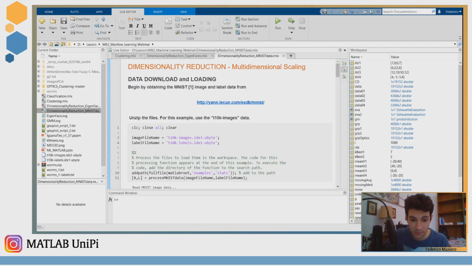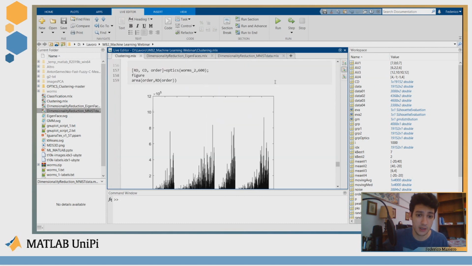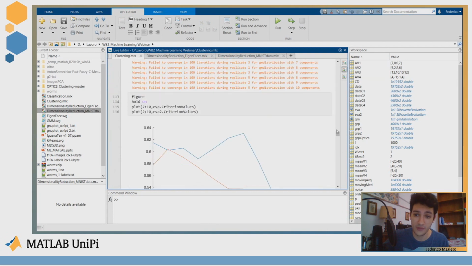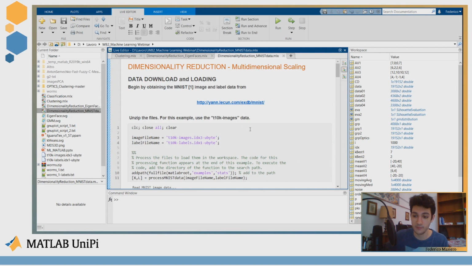Yeah, so I now move to MATLAB. I prepared these 3 live scripts. I don't know if I can show you all of them. Maybe I do a brief description of all of them, but I will leave them to you in order to have a look at it, and also to take inspiration if you want to try the things that I explained